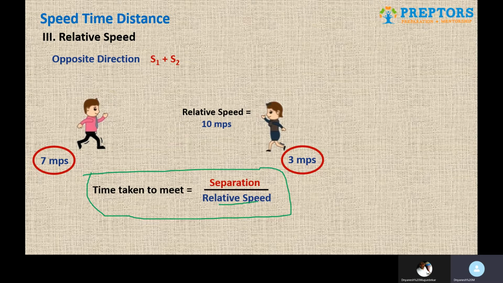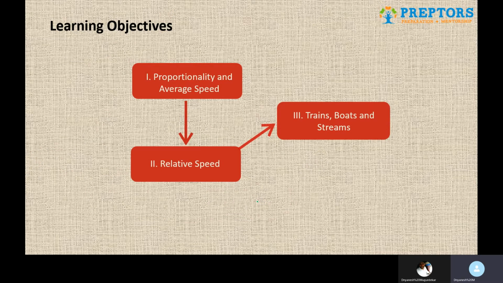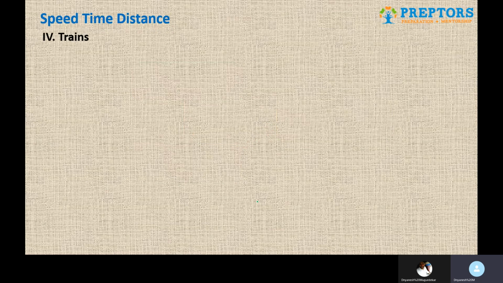So this is how the concept of relative speed works out, and this will take us to the next part, which is questions based on trains. So trains is entirely all about relative speeds, and there are scenarios that we need to explore as far as trains are concerned. Now, one good thing about trains is that the questions are very, very straightforward and simple and easy. So you don't have to complicate a lot of things unnecessarily. You just stick to the basics, and you will sail through very easily.